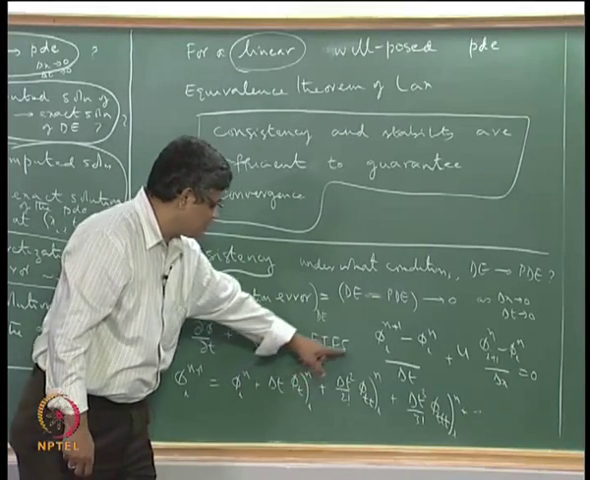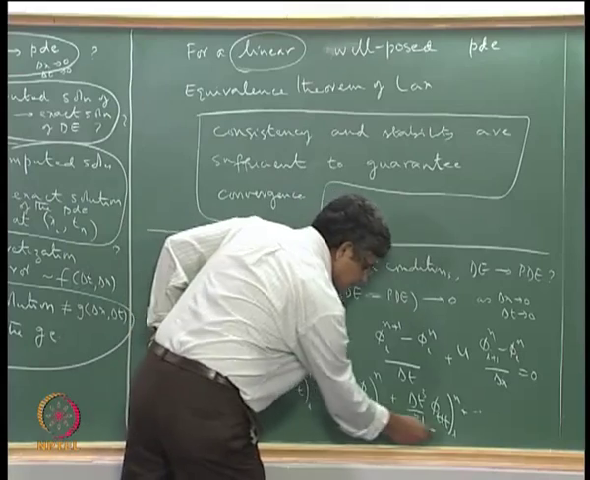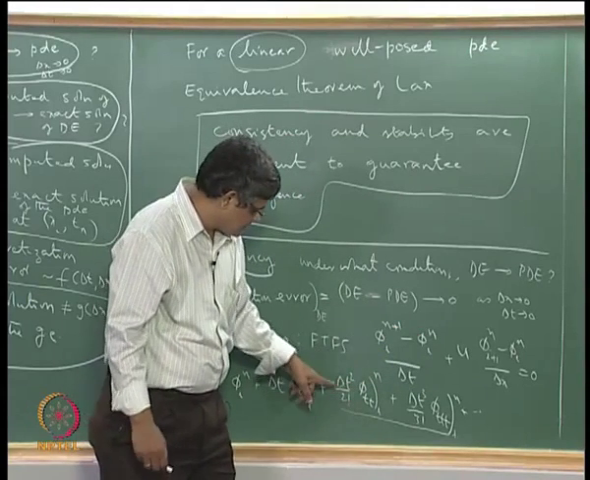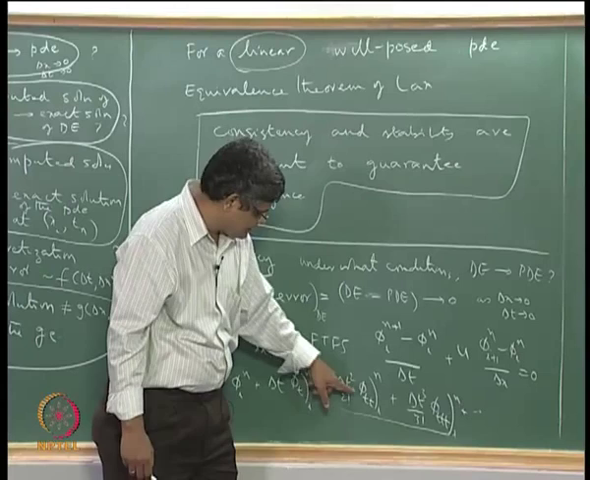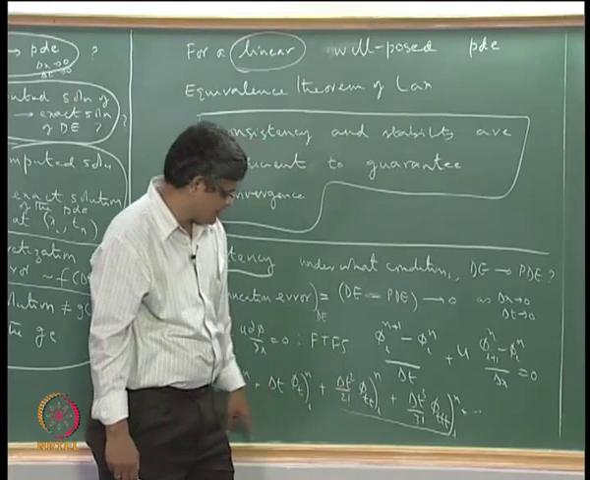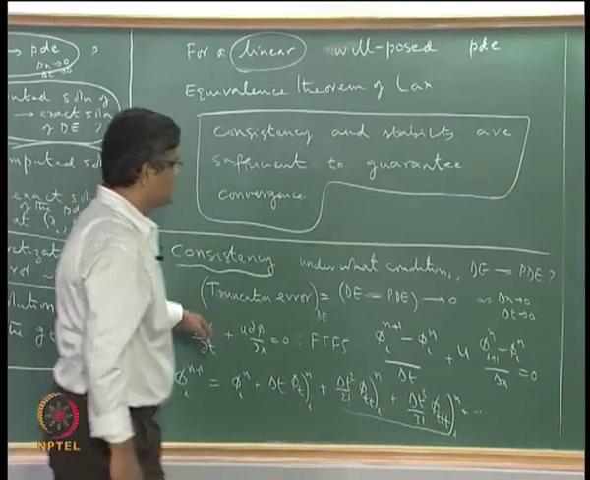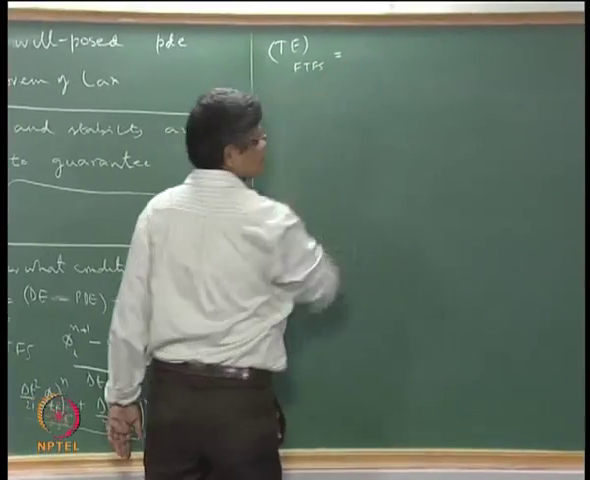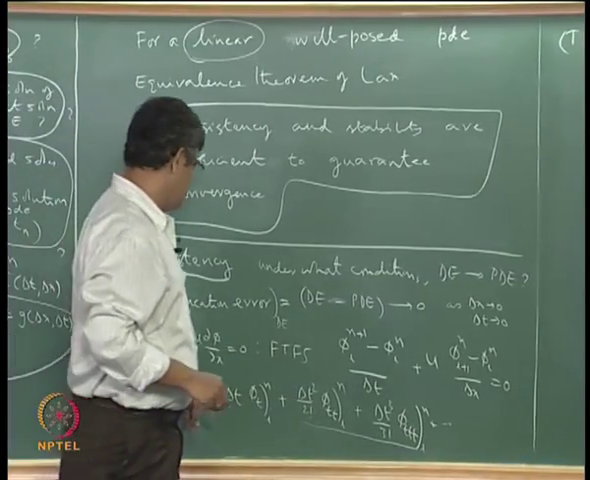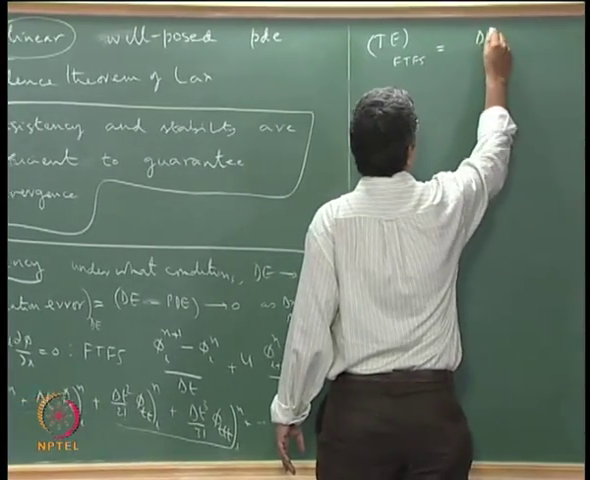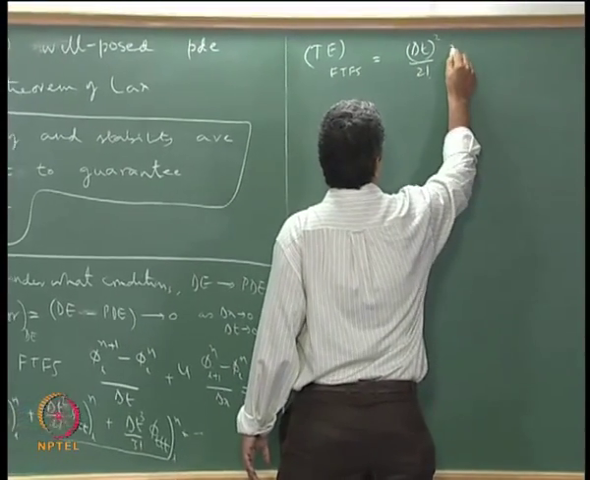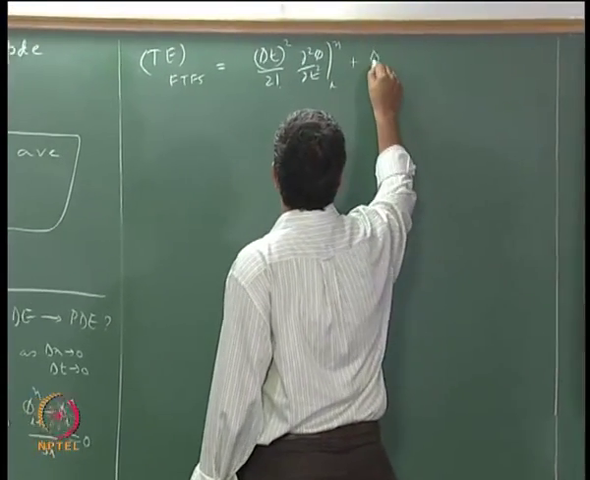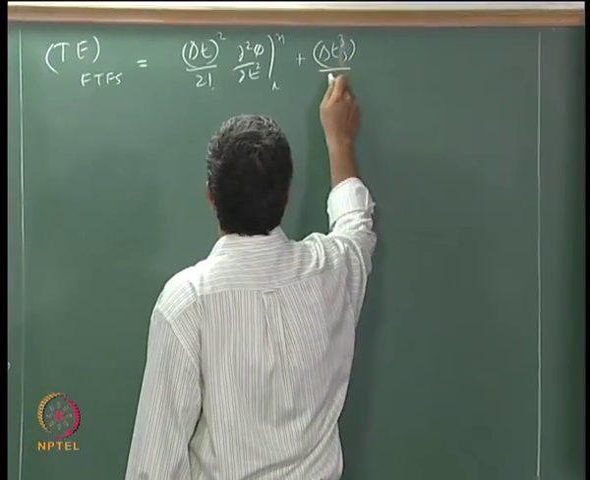So we can say that the truncation error resulting from this approximation is this whole thing, and similarly the truncation error resulting from this approximation is very similar to this, except that instead of delta t we have delta x, and instead of the derivative with respect to time we have the derivative with respect to space. So the truncation error from the FTFS scheme for this will be given by delta t squared by factorial 2 ∂²phi/∂t² at i, n plus delta t cubed by factorial 3